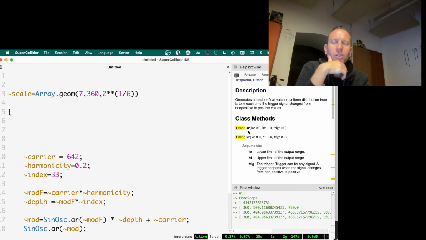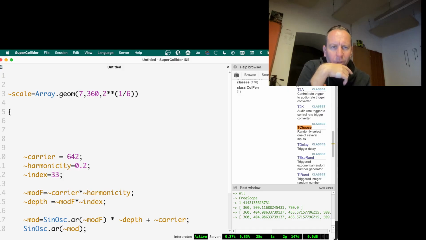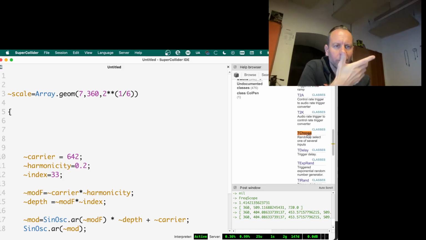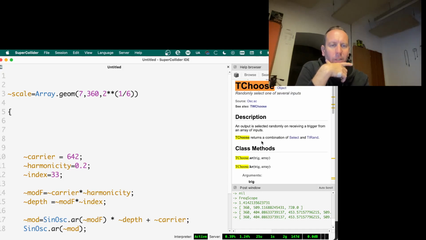Okay, so we have this. So I could choose a random value between low and high for every trigger. However, I don't want a random frequency. I want to pick from this array. And for that, there used to be, and hopefully still exists, the TChoose. No. Let's see, what are the T things? TLinRand, object triggered triggers. Okay, so TChoose, there it is. Why didn't it find it? Oh, there we go. So the TChoose is the one that will randomly select from an array, from a list,